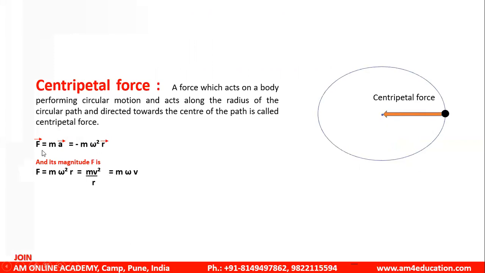Its mathematical expression is F equals minus m omega square r. This negative sign is there because it is directed towards the center. Similarly, the magnitude is F equals m omega square r or m v square upon r, where v is linear velocity, m omega v. This is another expression for